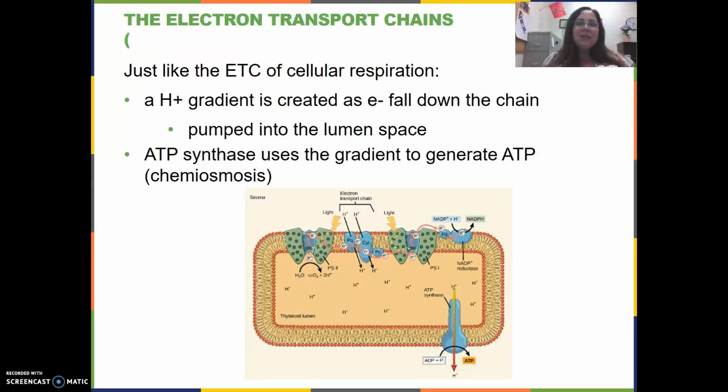And then this is just explaining how the electron transport chain of cellular respiration worked the exact same way. It generated a proton gradient. Protons and hydrogen ions are the same thing. So in this case, though, the hydrogen ions are pumped into the membrane, not out of, but they still encounter an ATP synthase molecule, and they're still used to generate ATP. That's still called chemiosmosis. Just like in